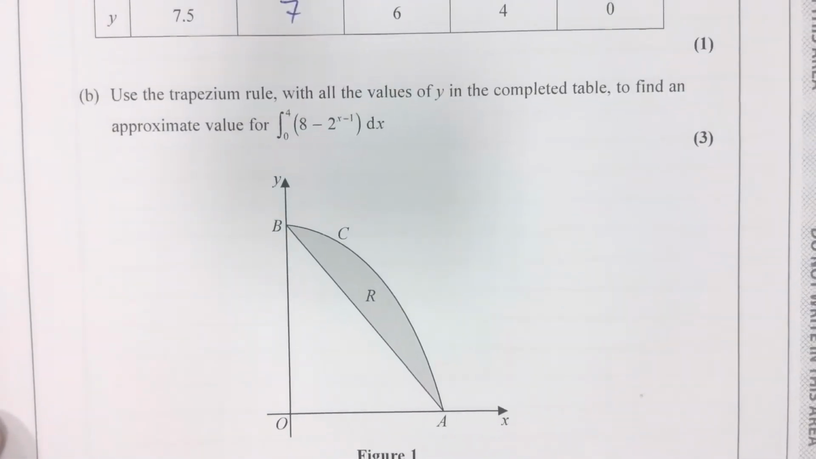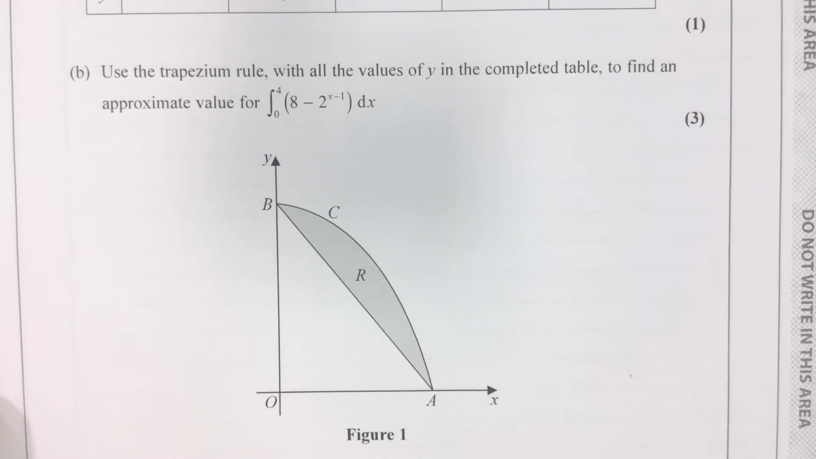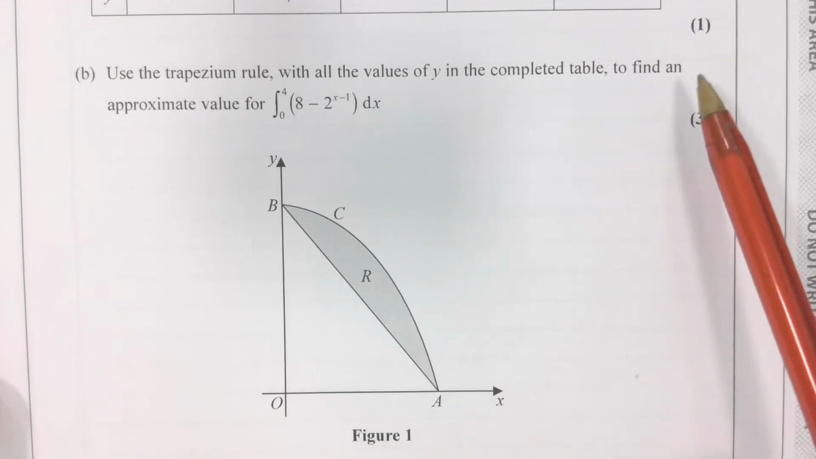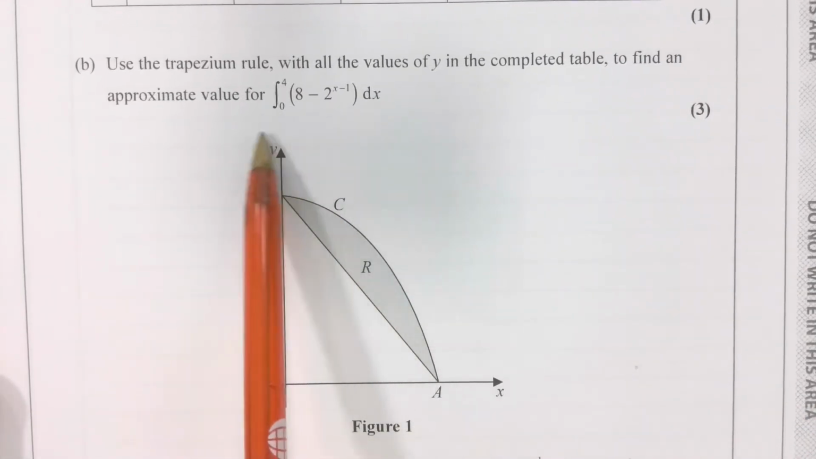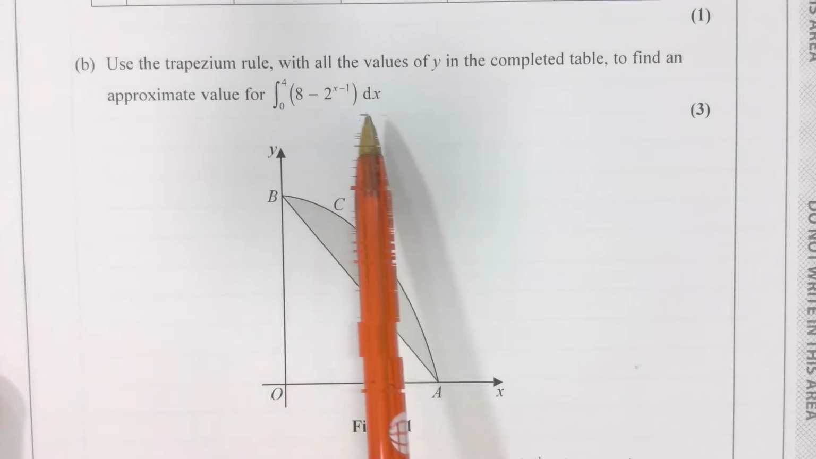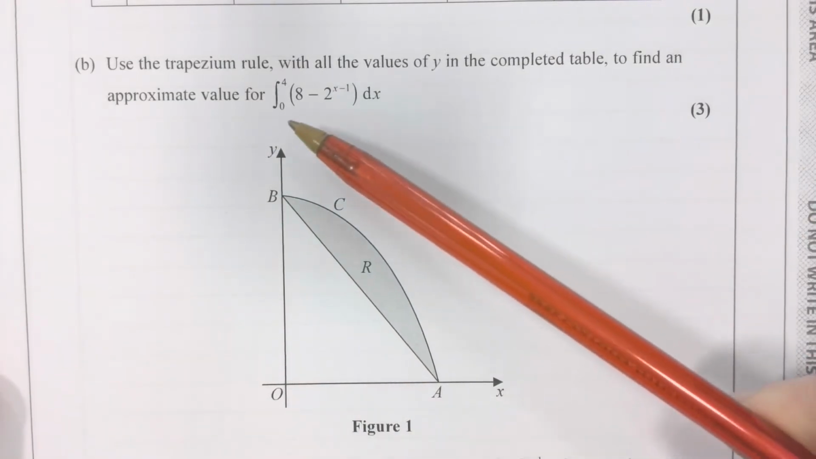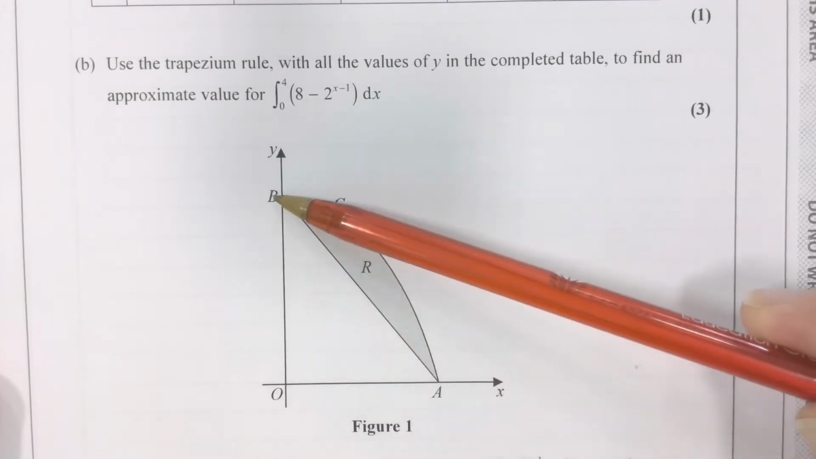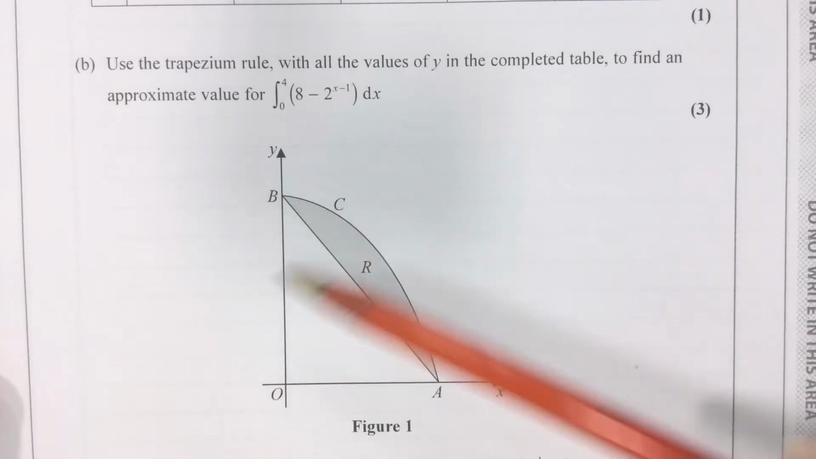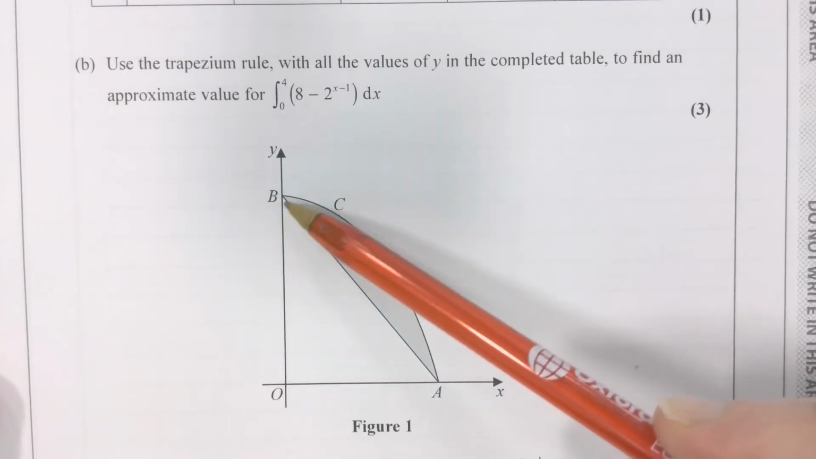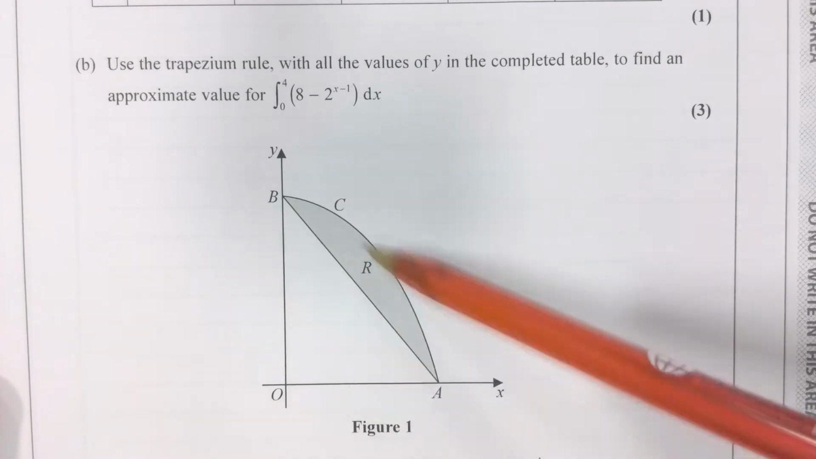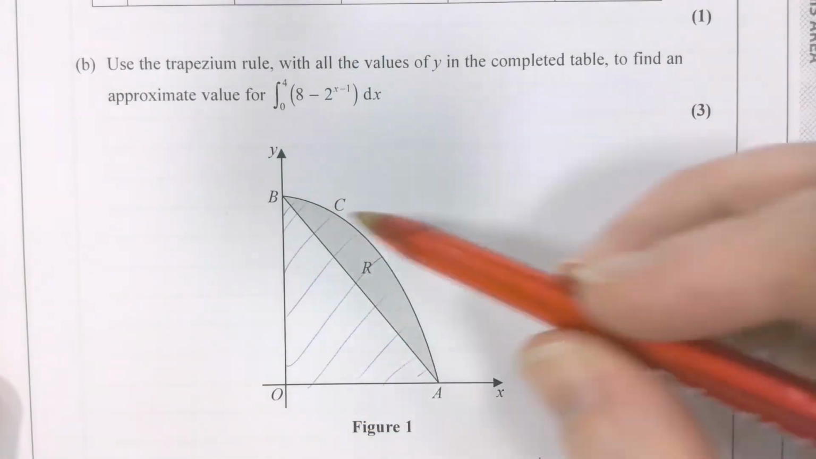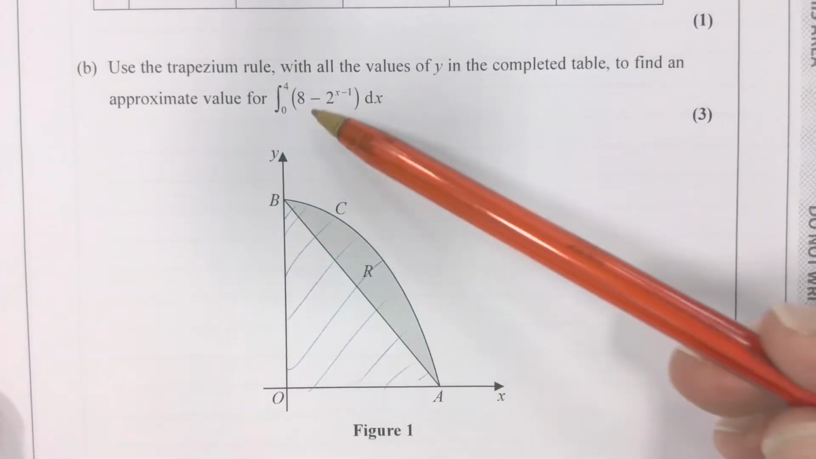Part B, that's where issues began arising for at least one of us. Using the trapezium rule with all values of y in the completed table, find an approximate value for the integral of 8 minus 2 to the power of x minus 1 with respect to x. Now, a definite integral, just by way of reminder, effectively gives us the area between the curve and the x-axis. So this entire space underneath this graph, if I just vaguely shade it in like that, this whole area is found by integrating this algebra